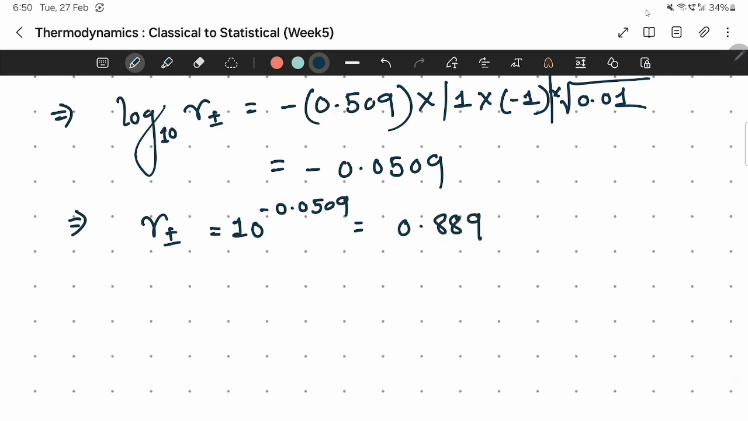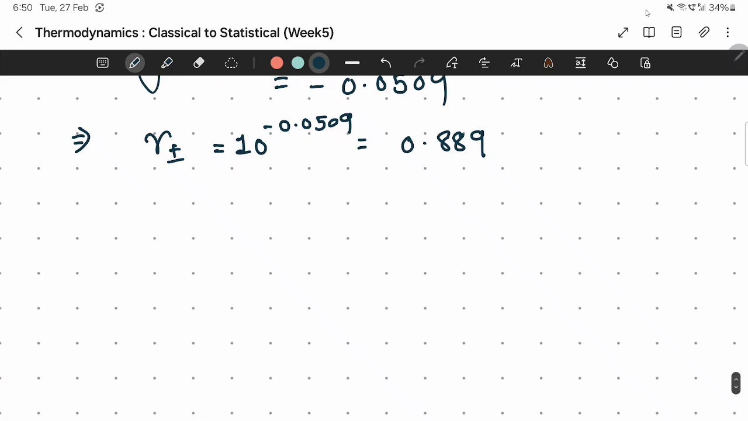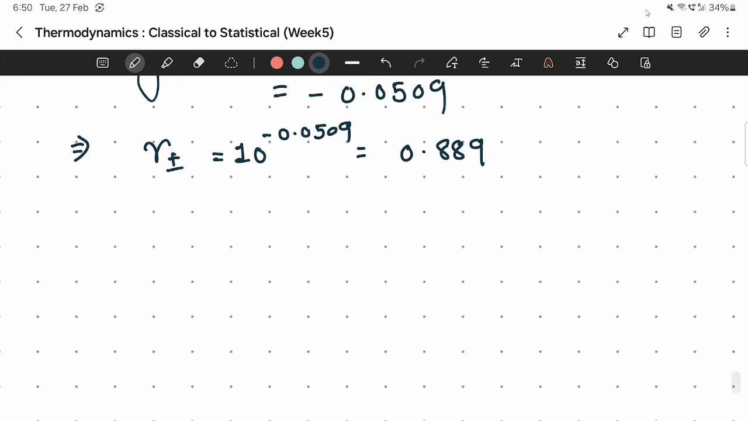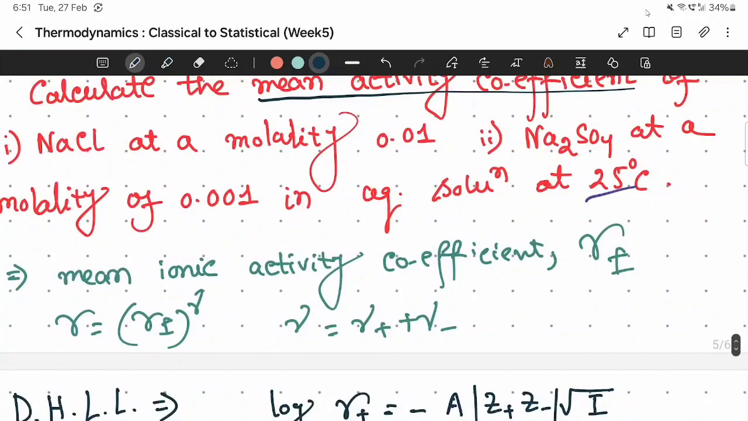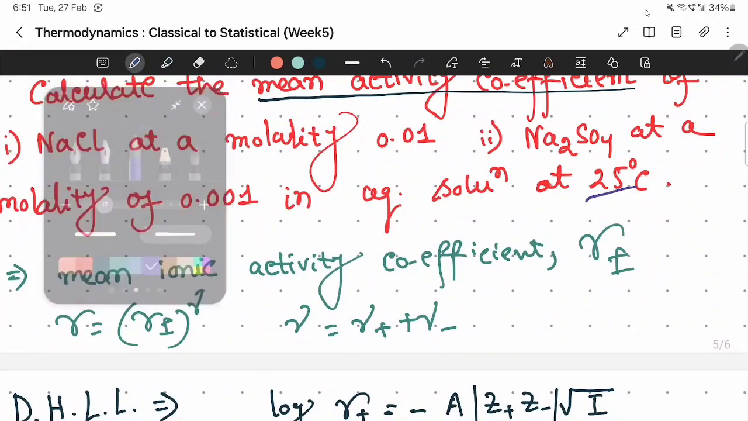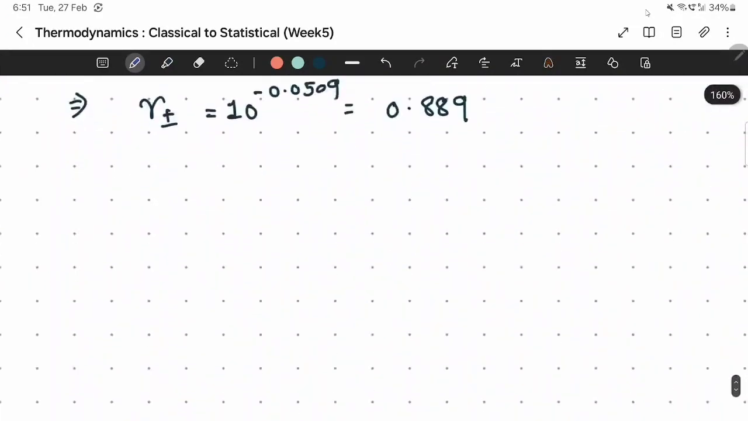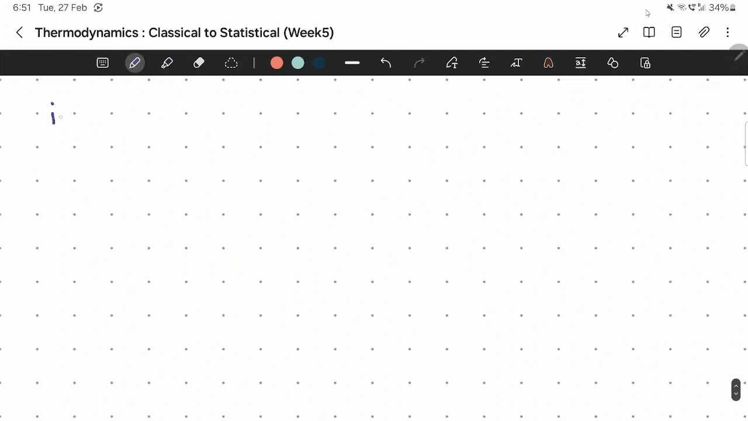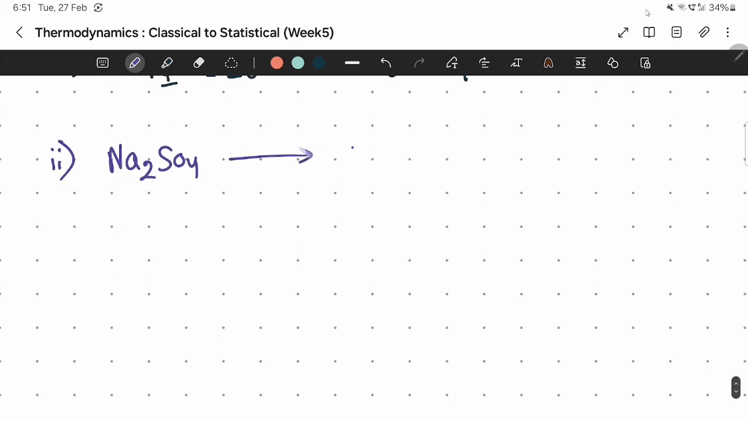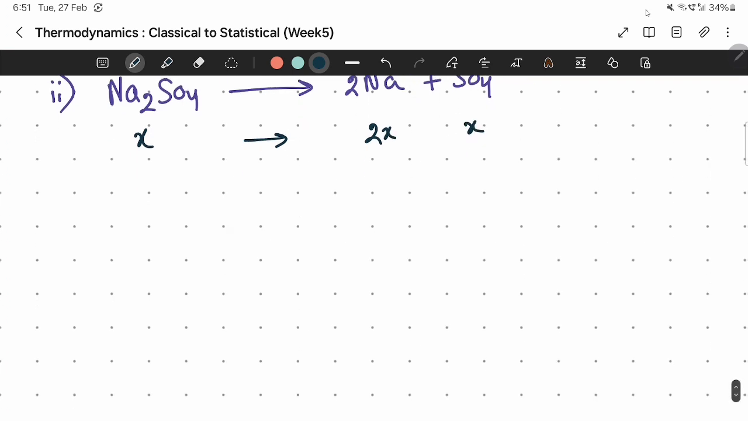Okay. So this is the mean activity coefficient for the NaCl solution. Now the second question, for the Na2SO4 solution. How will Na2SO4 dissolve? It gives 2 Na plus and 1 SO4 2 minus. So if the concentration of Na2SO4 is x, then obviously the concentration of Na plus will be 2x and this is x. So I will again take the sum over